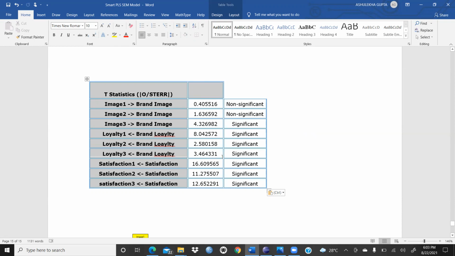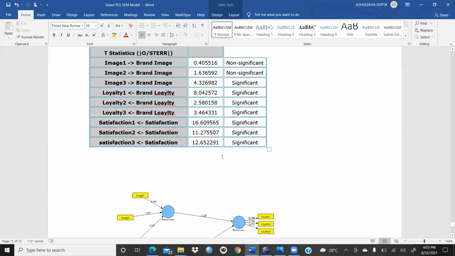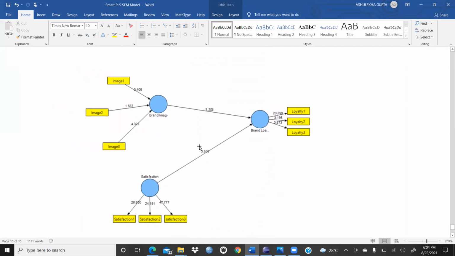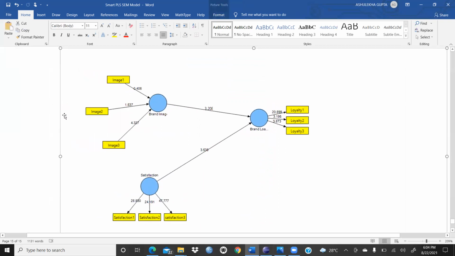So before running any formative model, you have to check the multicollinearity issue, because these two things are very, very important for a formative model. I have already copied this model here from my SmartPLS, so you can report it in your research paper in that way. That is why I conclude both these statements are not significant. So I have to drop these statements, or replace them with new statements. But this one is significant because the t value is greater than 1.96.